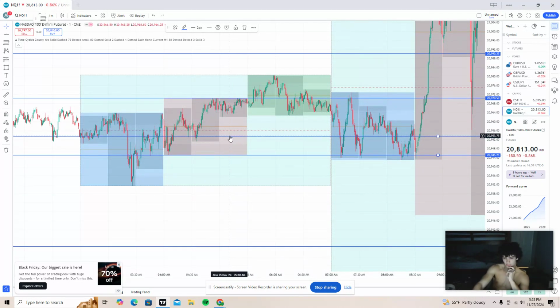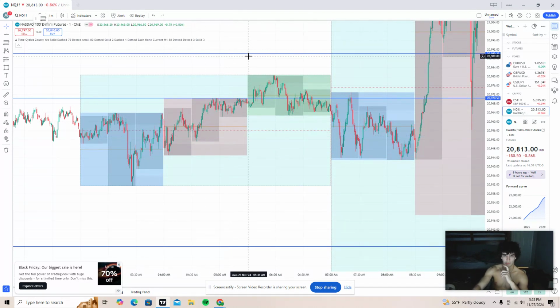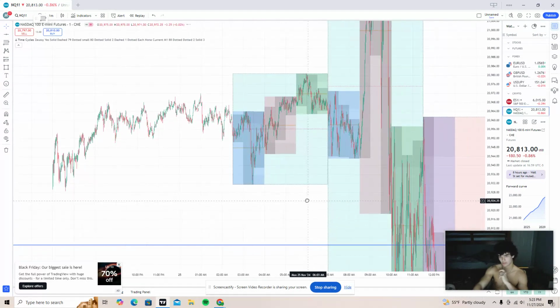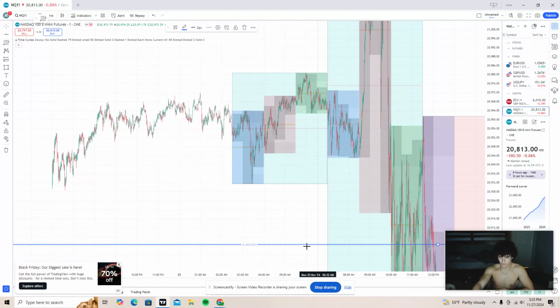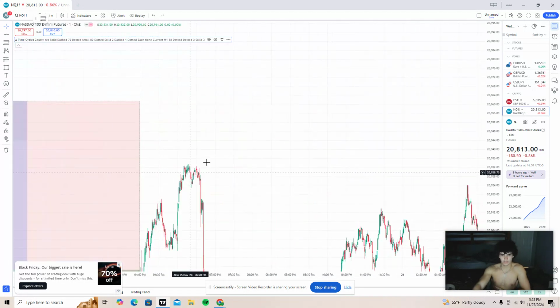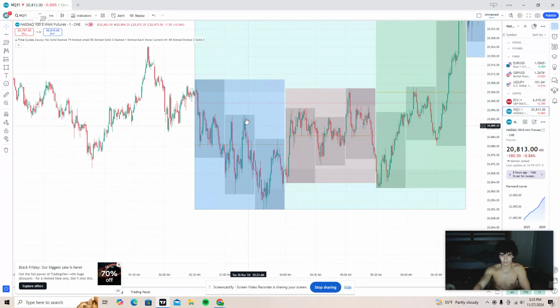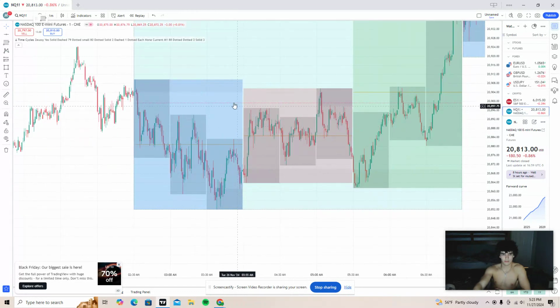Well, yeah, you can use it as another way to try and predict price, to move to what high or low it wants to go to, because it's really hard to find a draw on liquidity, especially in our market moving up and down like this. You could be like, oh, you got the midpoint right here,